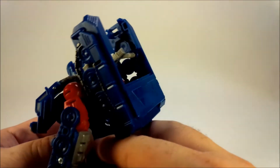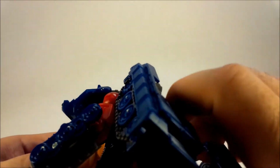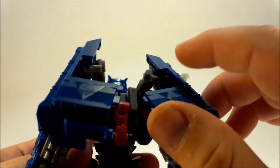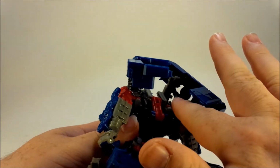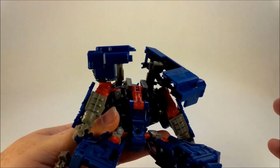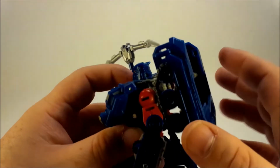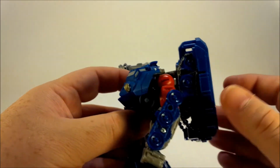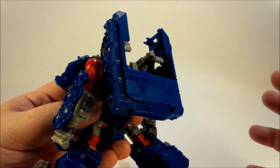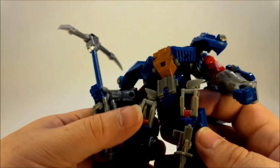As far as the back of the figure goes, if you were to take away these tank tread pieces, he would still look pretty good. I mean, he's still got a fairly significant piece of bot in the back of his silhouette. But you can combine these bits, and it makes it a very Shockwave type backpack that he has, and that's pretty cool. I really like this figure,